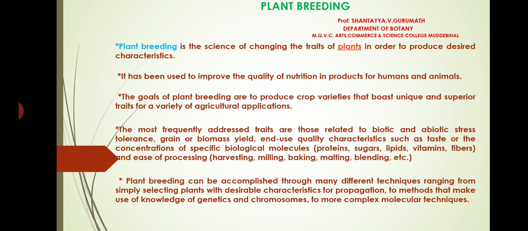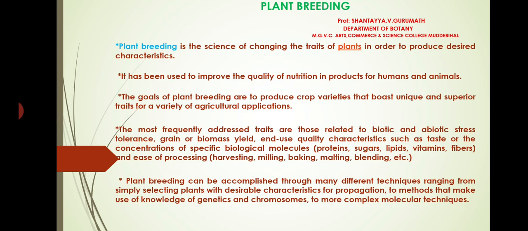Today's class we discuss about plant breeding. In the first part, we discussed about introduction and history of plant breeding. Plant breeding is the science of changing the traits of plants in order to produce desired characteristics. It has been used to improve the quality of nutrition in products for humans and also